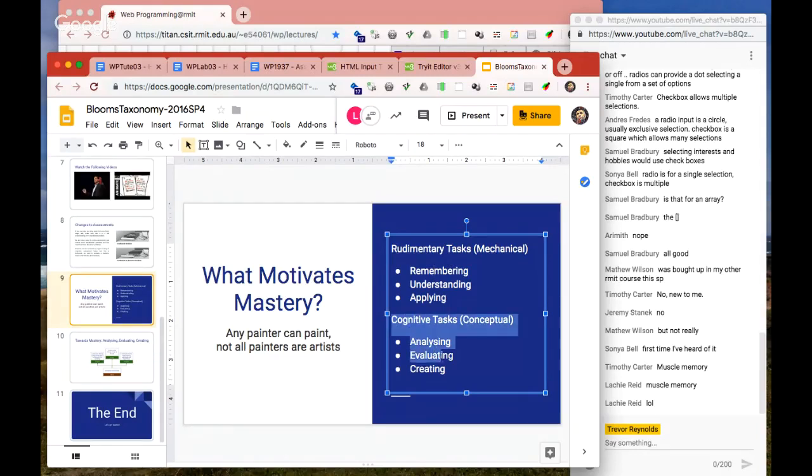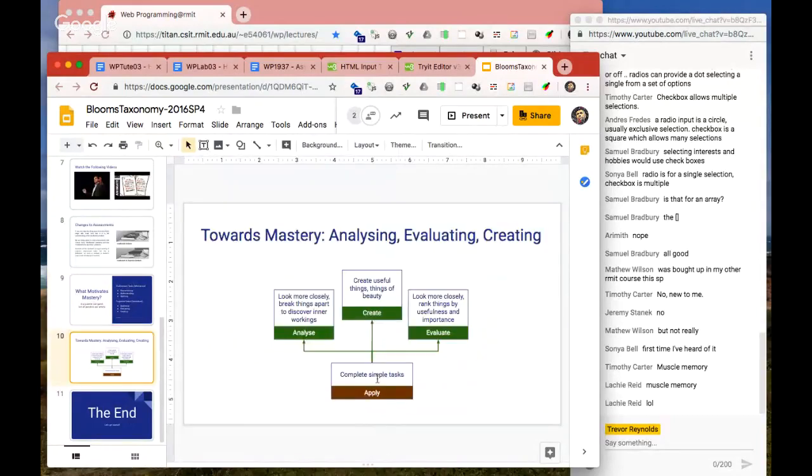But at RMIT, we're going to be looking more for your ability to analyze a situation and to basically provide answers to questions that we don't necessarily ask. So we're going to have to write more open-ended questions, and test you also on your ability to create. So analyze something, evaluate something, and also your ability, especially in the assignments, to create beautiful things, which I sort